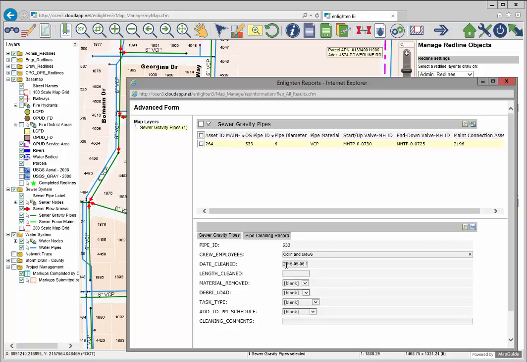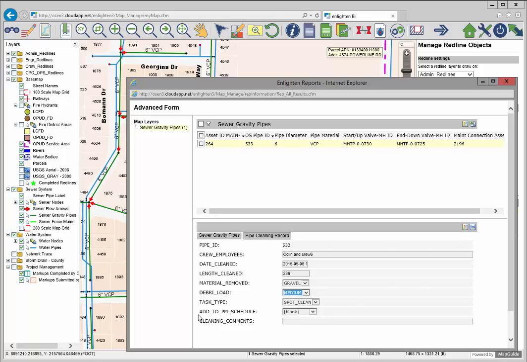It's already pre-populated with today's date. I know the pipe was 236 and we did all of that, so we'll just do that. And then there's a set of drop downs which can be customized. But let's say there was just gravel in the pipe and it was normal load. At this point we can say, was this part of the preventative maintenance schedule or just a spot clean? If it's a spot clean, but let's say it was actually medium heavy load,